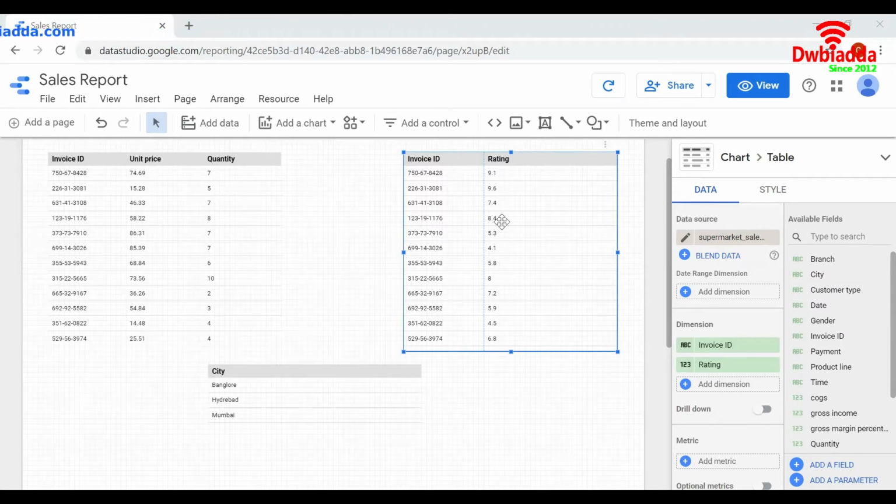In the second table, we have invoice ID and the rating given by the customer. For this particular table, let us create a new field which gives the label for rating. That is, if it is between 7 and 10, good.